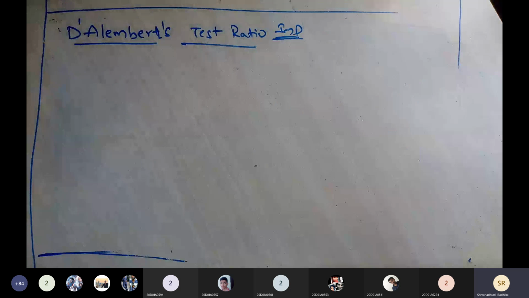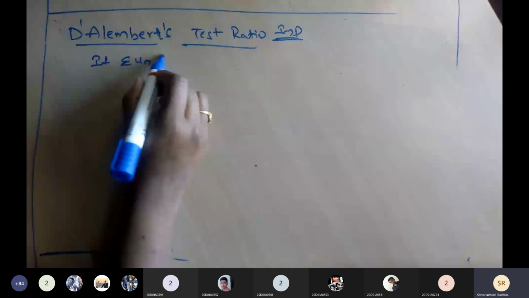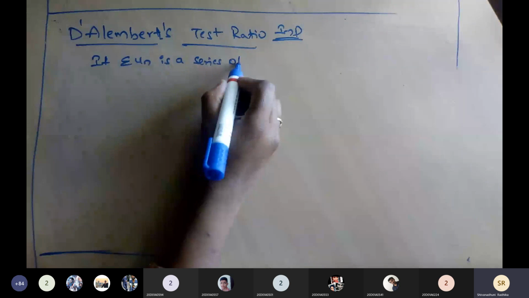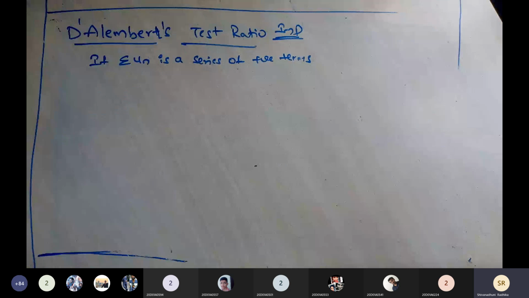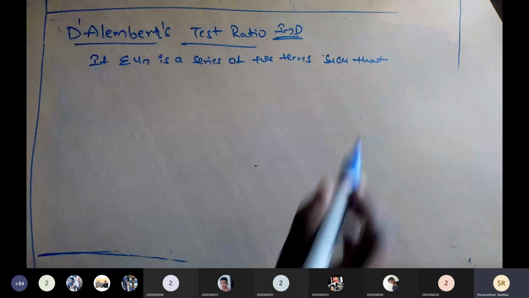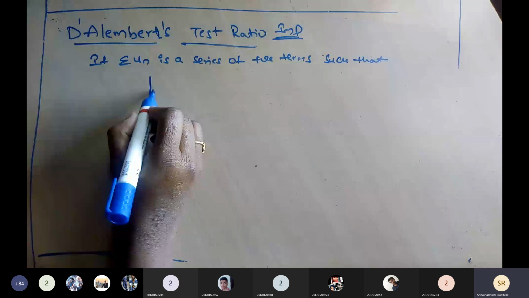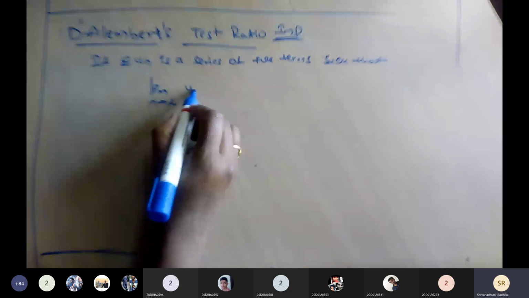If summation Un is a series of positive terms such that limit n tends to infinity of Un by Un plus 1 equals L,